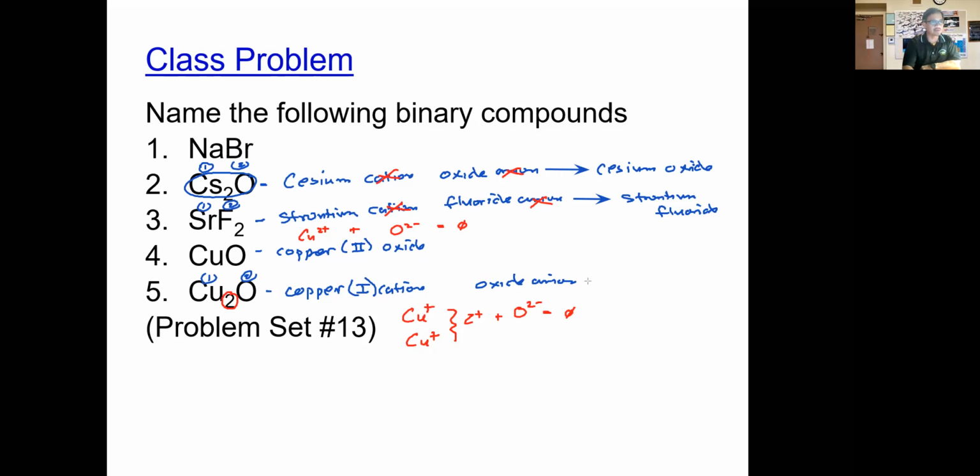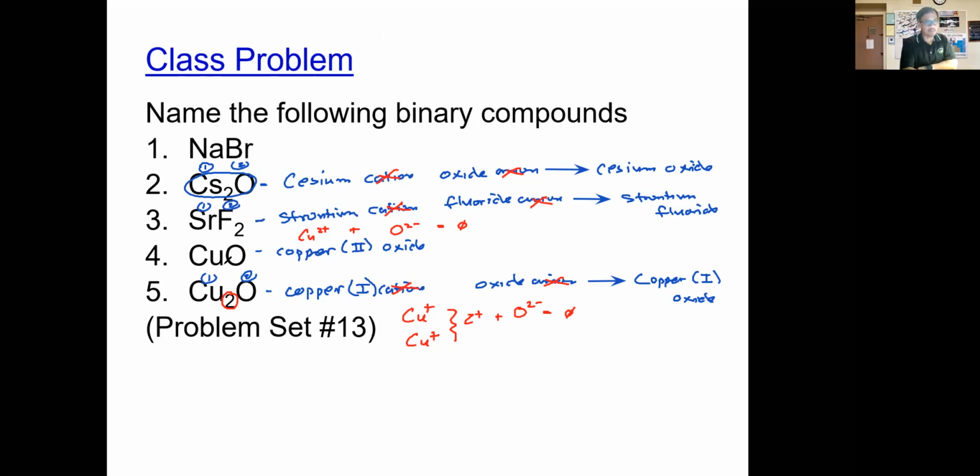All right, so with that said, the rest of it is pretty straightforward. I think that's going to be the most difficult part. The rest of it is, let's just write down the name of what we have left over. So I'm sorry, we're going to drop the term anion, and we end up with copper 1 oxide. Okay, so if this is copper 2 oxide, if you notice, the Roman numeral again